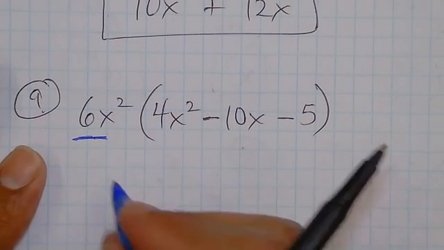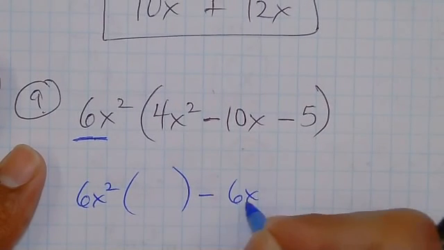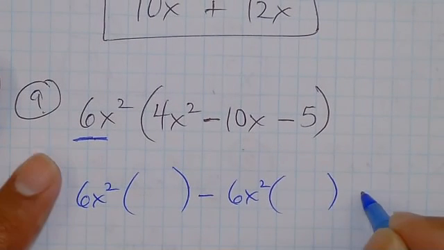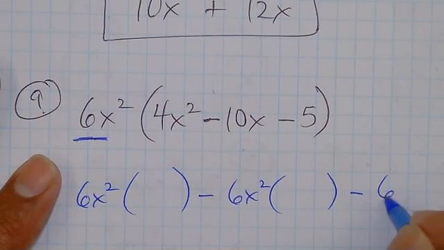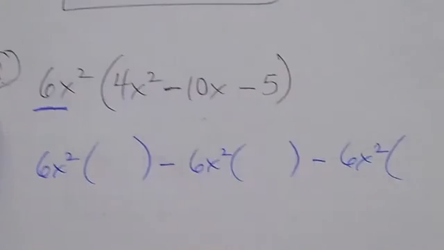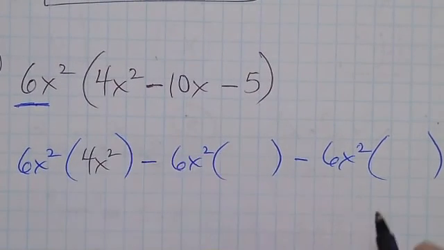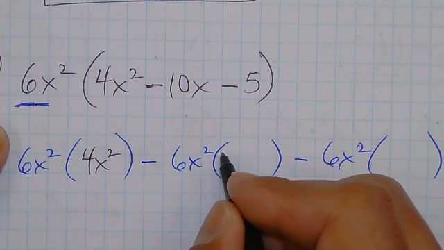This will be what? 6x squared has to multiply to all of these, so 6x squared times the first one, minus 6x squared times the second one, minus 6x squared times the third one. It's going to be